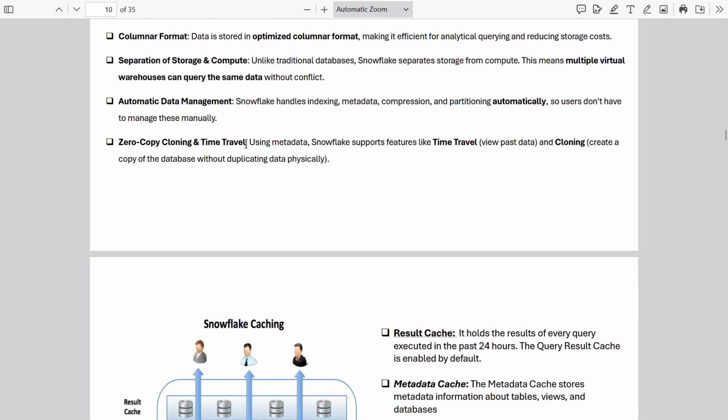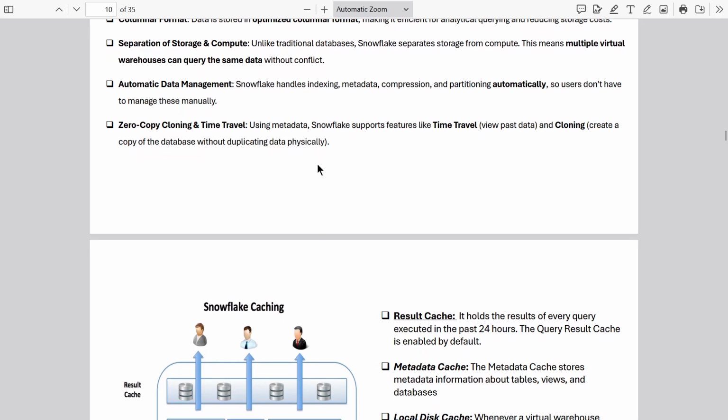Zero copy cloning and time travel. Using metadata, Snowflake supports features like time travel. Up to 90 days, we can recover our data in case of any failure or deletion, or if we mistakenly deleted the data, we can easily extract that data within 90 days. And cloning creates a copy of databases without duplicating data physically. Okay,